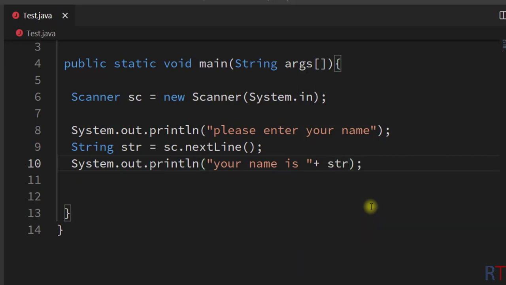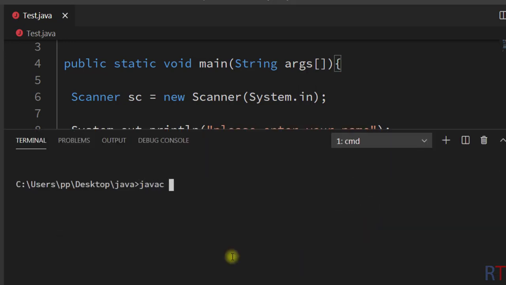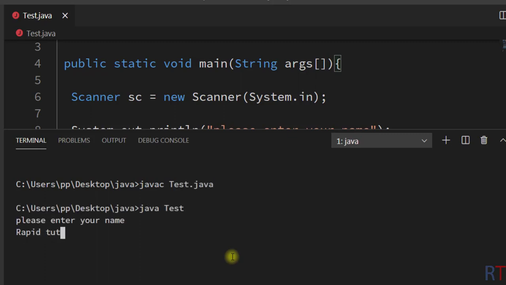So I'm going to save the program. So I'm going to compile and run the program. It says please enter your name, so I'm going to type rapid tutor, and it printed back your name is